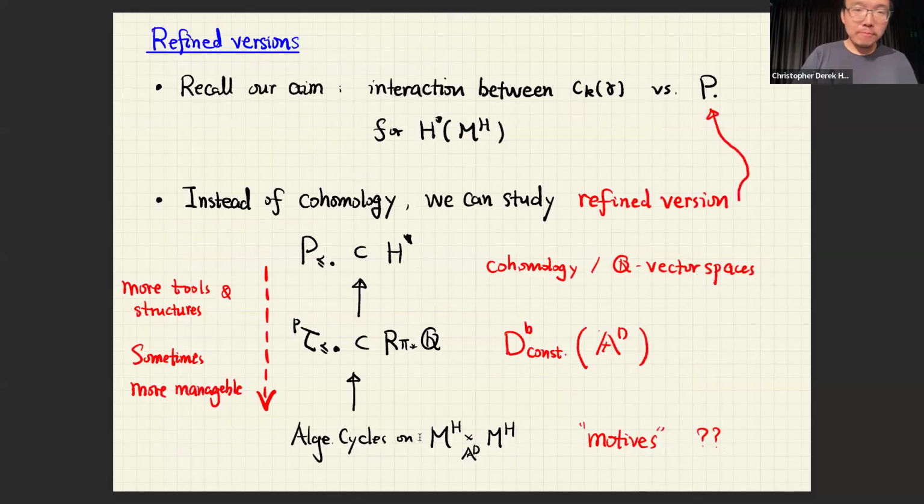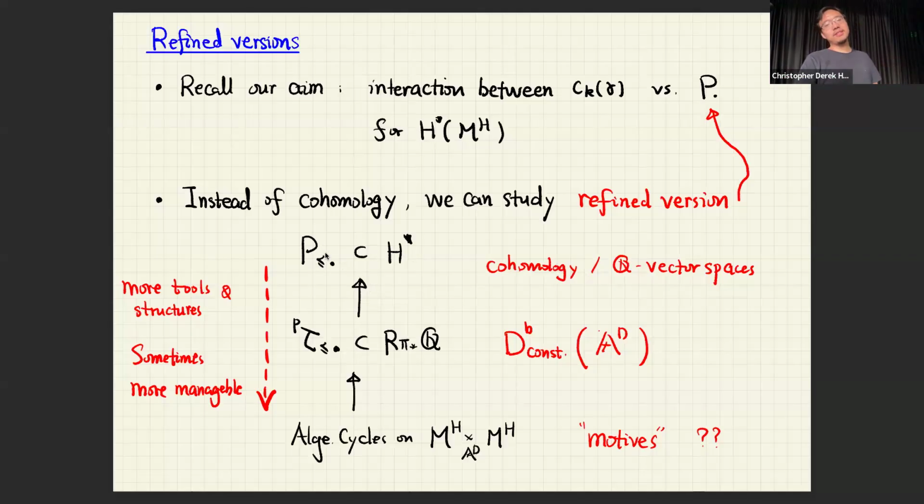Okay, so now let's go to the details of the proof. Instead of proving things for cohomology, we actually proved a refined version. Sometimes in mathematics, it's a fun phenomenon that you enhance the statement you want to prove, you make it stronger, and then sometimes the statement is easier to prove. This story is probably one of those cases, because when you enhance the statement, sometimes you get more structure. The original question concerns the perverse filtration for the cohomology, which lies in the world of Q vector spaces.